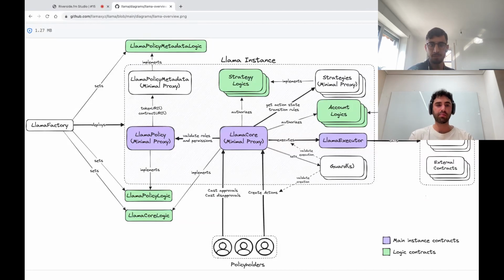The complexity comes into what is a Llama instance, and you can think of a Llama instance like, if you're familiar with Compound Governor or OpenZeppelin Governor or even multi-sigs, it's architecturally similar, where there's this factory, you deploy your instance, and then you transfer ownership of your protocol to this instance.